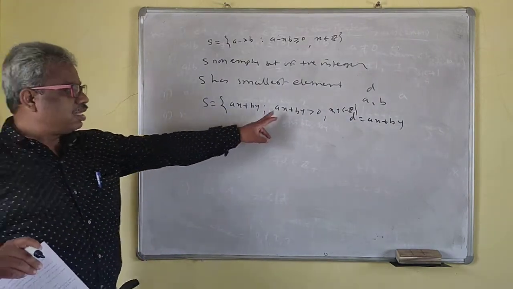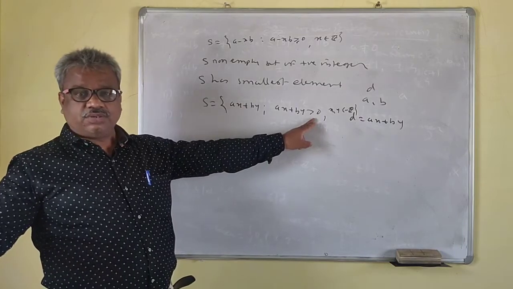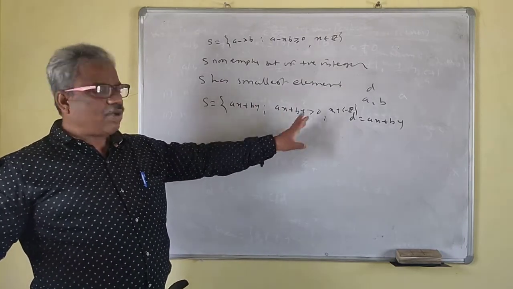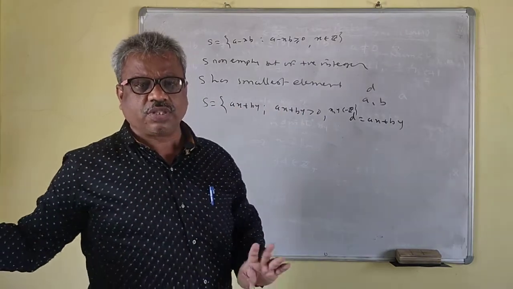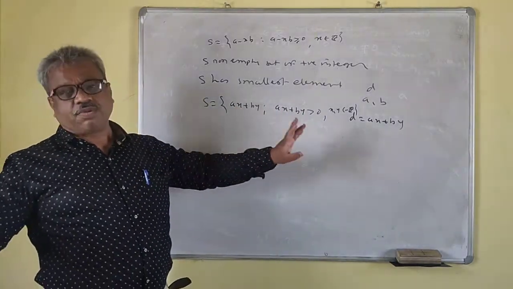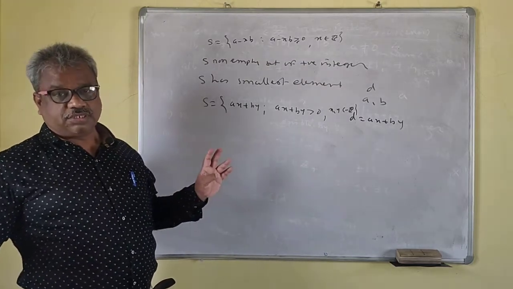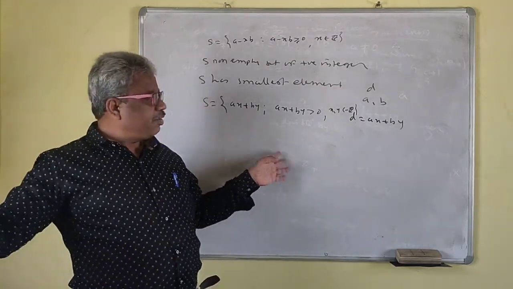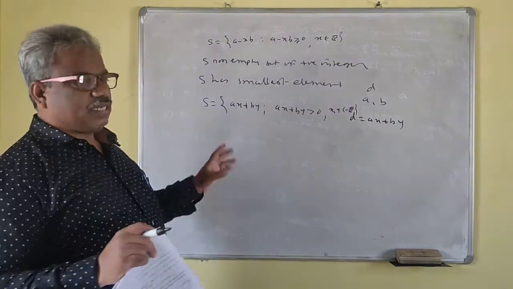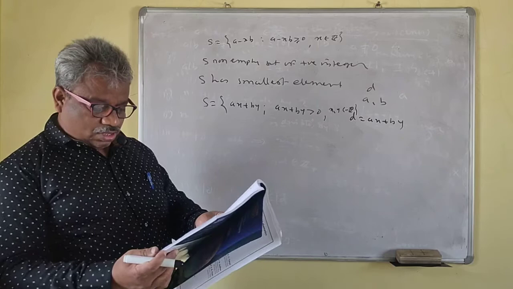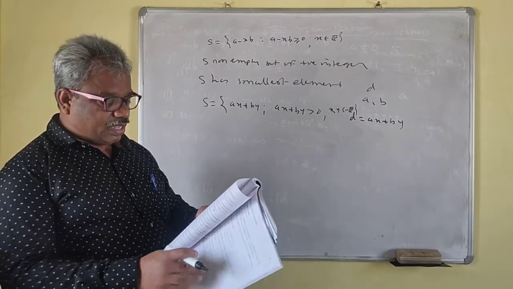So again, this is a set of positive integers, because this is greater than 0. Non-negative and positive are the same here: the property that holds for non-negative also holds for positive. So this is a subset of the set of positive integers, and therefore it has the least element, the smallest element. For the largest, we don't know. So you should remember this. Here the well-ordering principle is applicable.